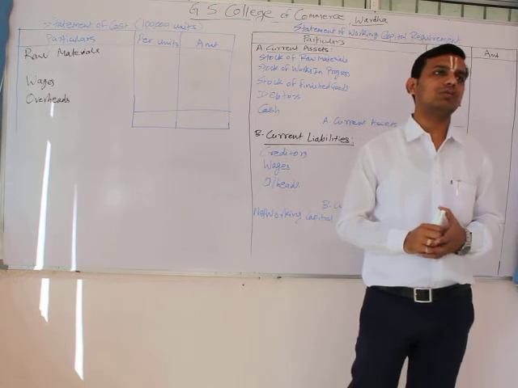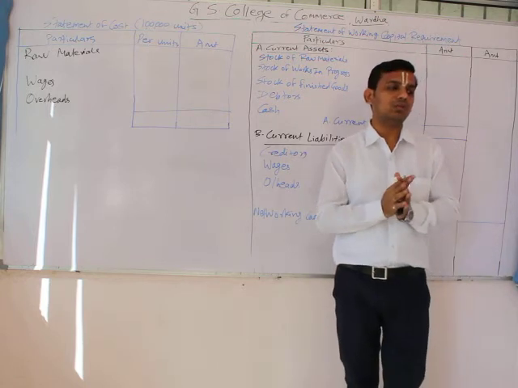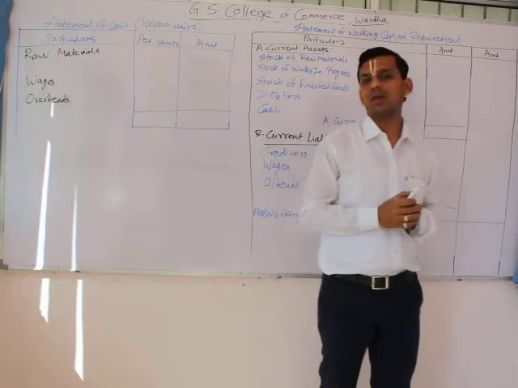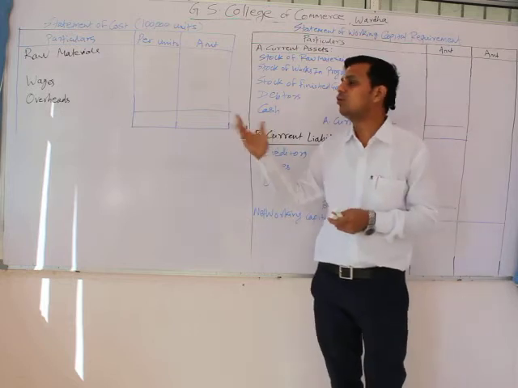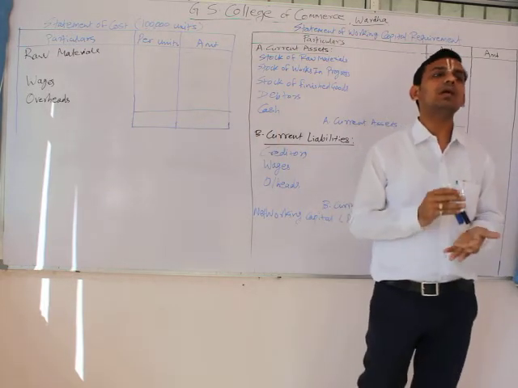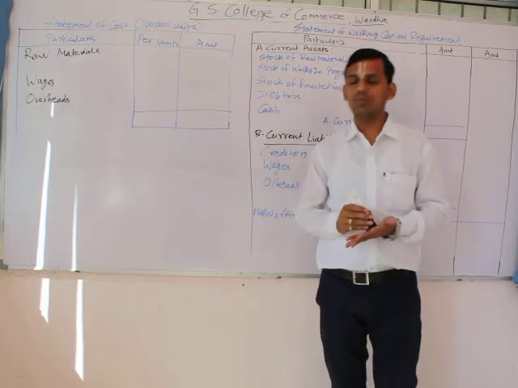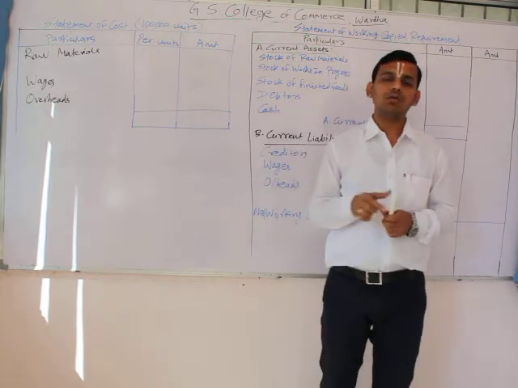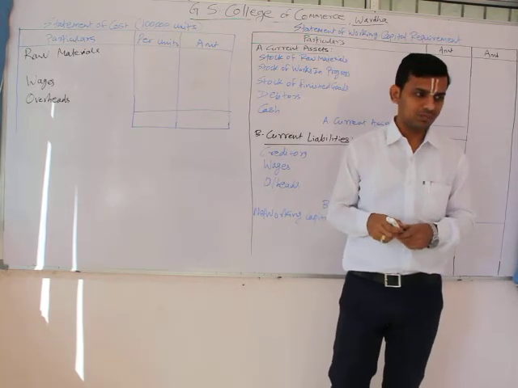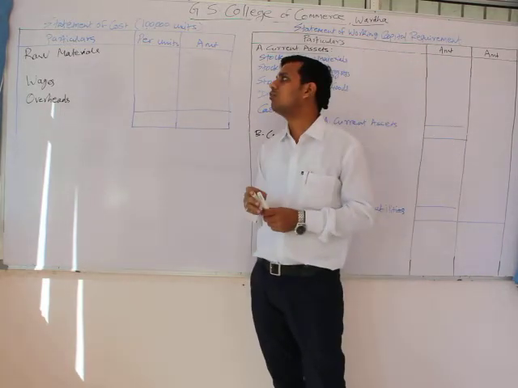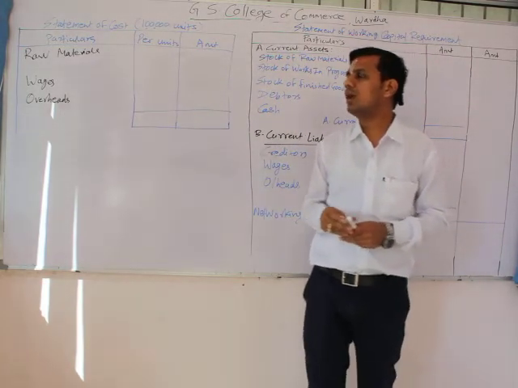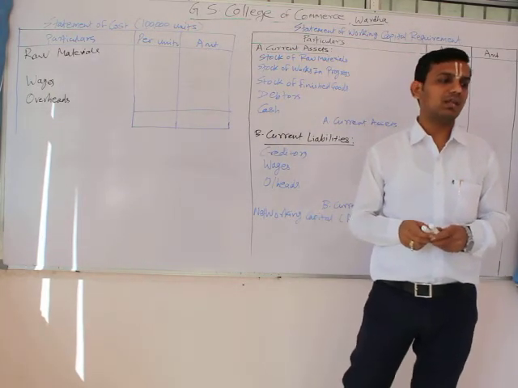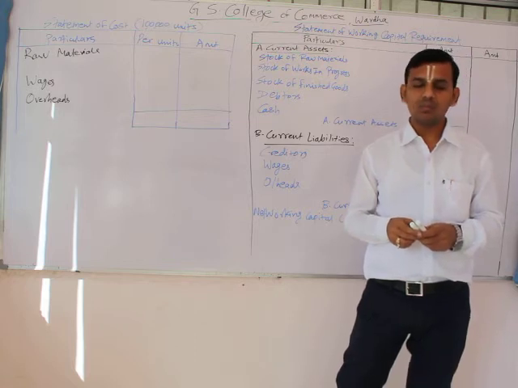With respect to this question, there are two kinds of working notes which we have to prepare. First would be the statement of cost for 1 lakh units, so that we can ascertain our total cost of sales. Second would be the calculation of works in progress. Once we are done with the statement of cost, then we will discuss the statement of works in progress. So we start with the statement of cost. We have to take three components: first raw material, second wages, and third overheads.